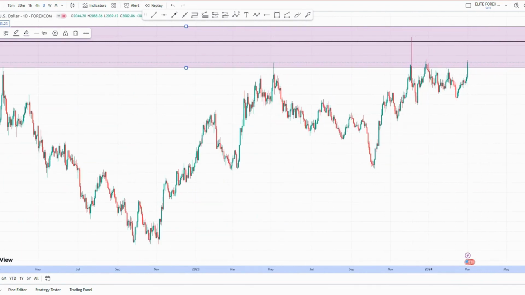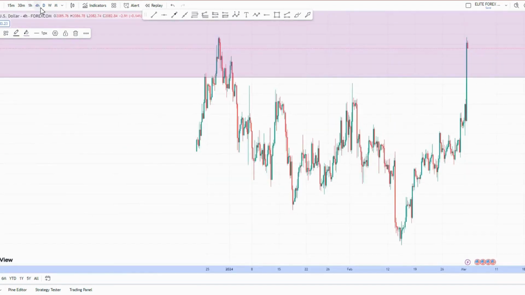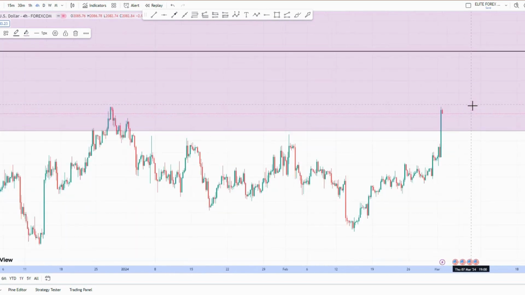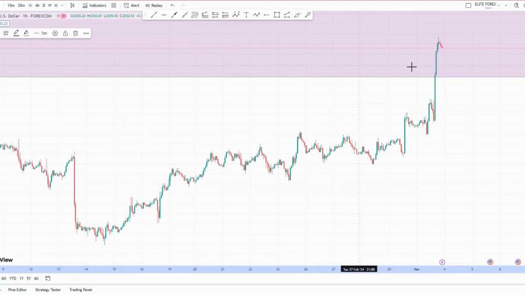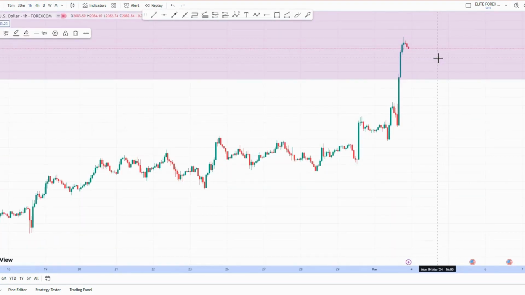Okay, so slowly come down to the 4 hours, and you can see that the market is selling right now. So I can also come down to the 1 hour. So I can take my position right here. I can take my entry here,